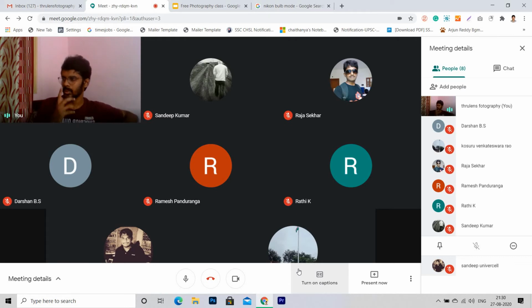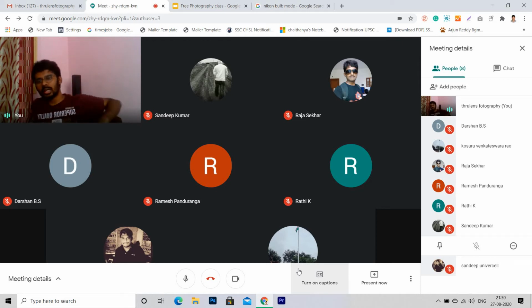For example, you don't know what shutter to give, so you are in AV mode, and the camera is deciding the shutter. So at night time it's taking a nice photo. But for example, someone has given you a camera and asks you to take a photo in manual mode, and that camera doesn't have AV or TV modes. So you should know how to deal with the camera, right?